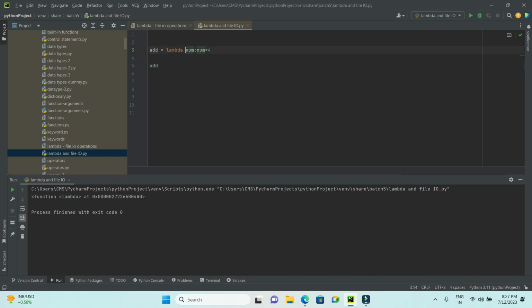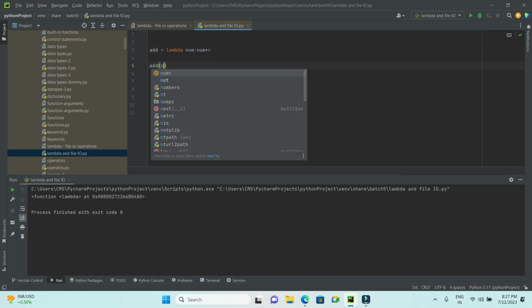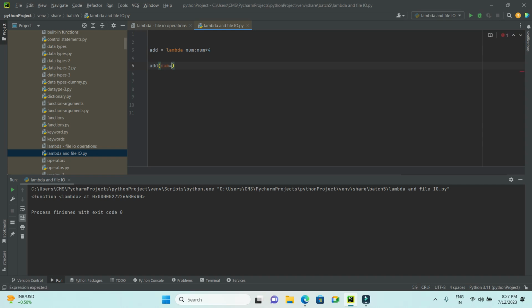See, this is defined in a single expression. Single expression you can define. Till now I haven't passed anything. Now I will pass. So this whole expression is stored in add, right? Add variable. So for this add variable, I am passing one argument. What is that argument? Num is equals to say 10. Okay, if I run this now,